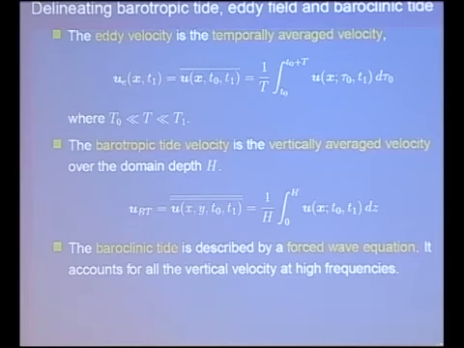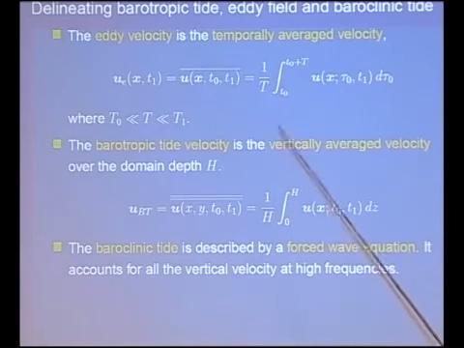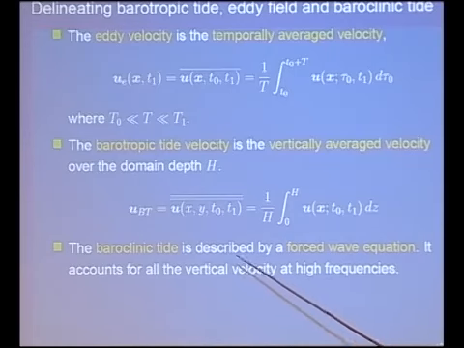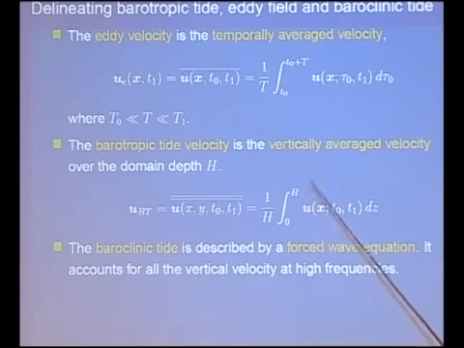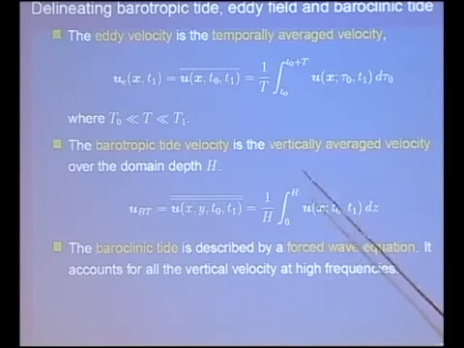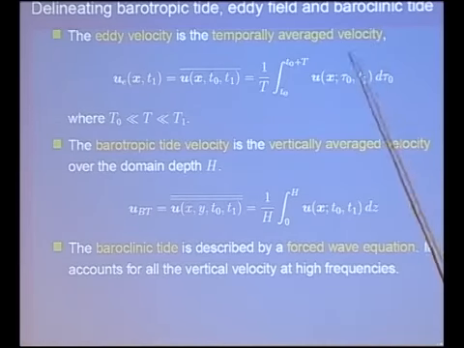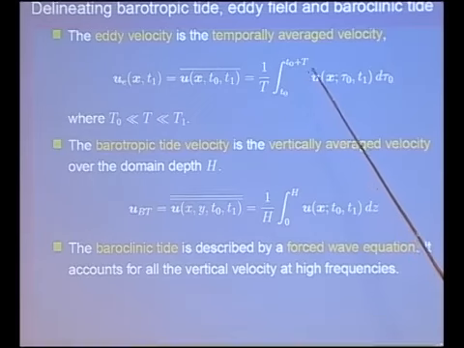Okay. So how do we delineate these various components? Well, the simplest thing to do for the eddy velocity, for all eddy variables, is just to average over the fast time. We do this like so, just by definition. For the barotropic tide, what we do is take the vertical average of the flow field. The baroclinic tide then, well, let me just point out something. This is actually related to the Craya-Herring decomposition. You can think